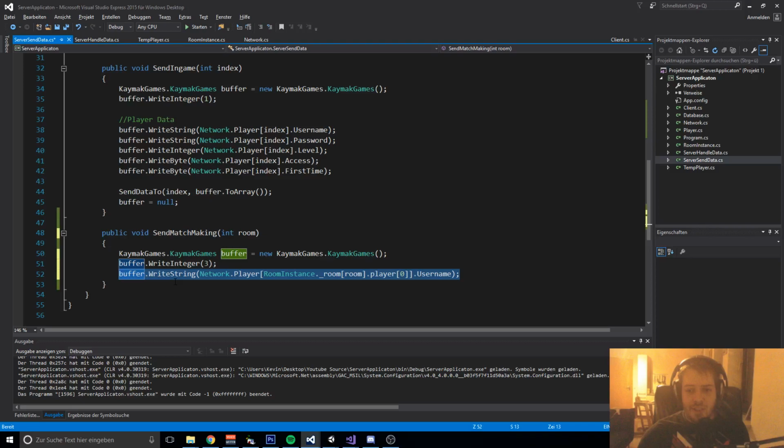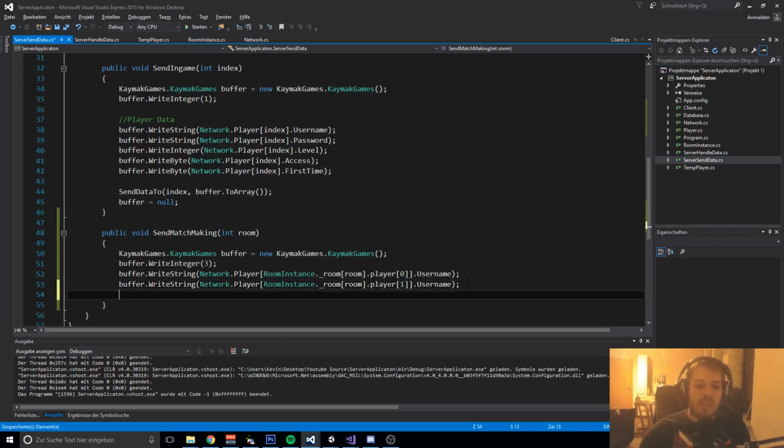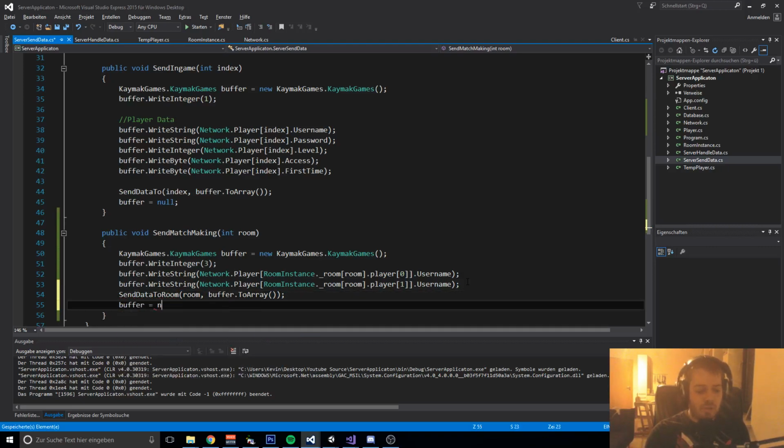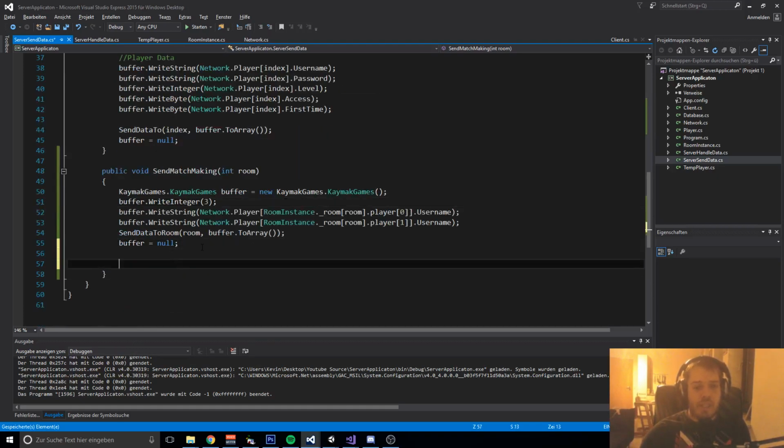We copy all of this, paste it below, and we say player 1, so equals player 2, and then we say send data to room. Our integer is our room, and we say, as always, buffer to array. That's it. Buffer equals null. And then we also send our 2 players. That means network dot temp player dot room instance. Oh, it's so much writing. I'm so sorry. Room dot player